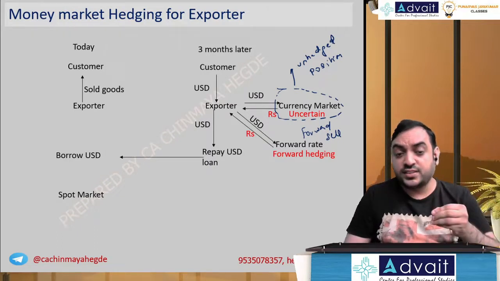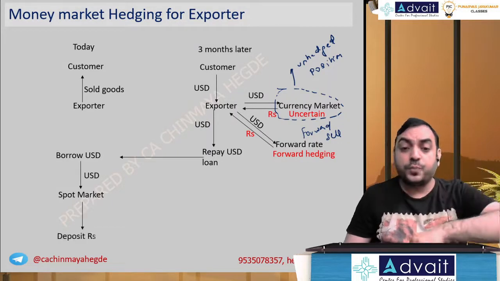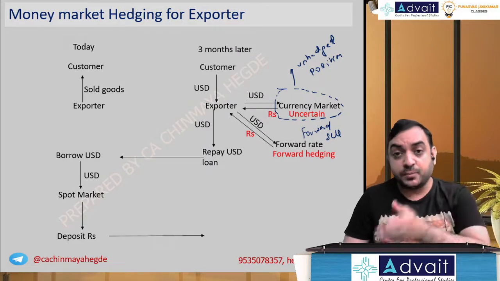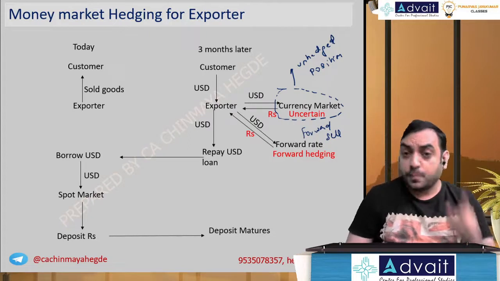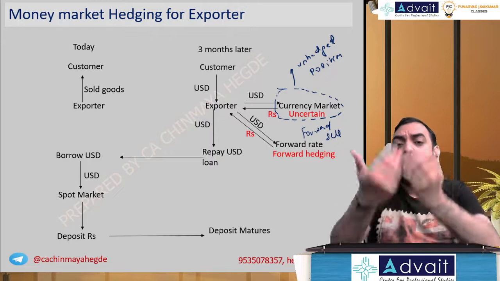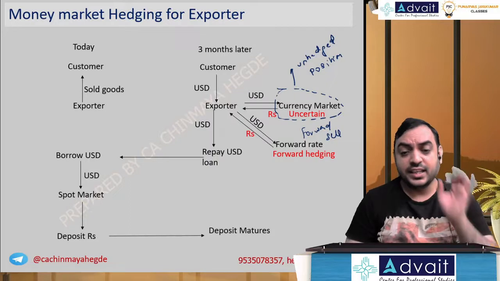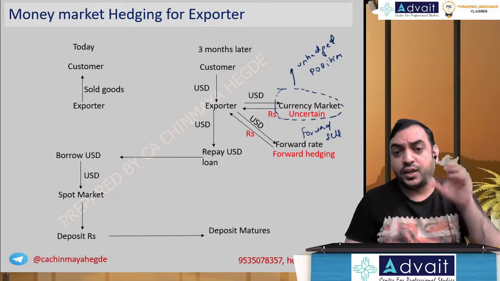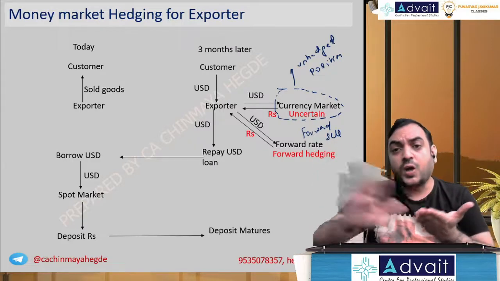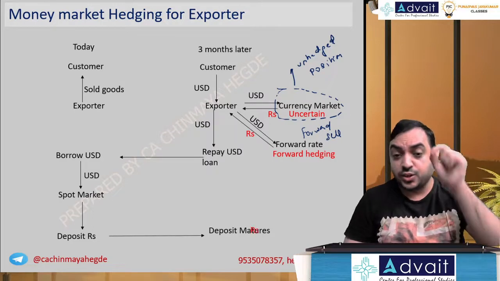So you borrow USD, you convert in the spot market to rupees and deposit rupees. And on maturity, after 3 months, this deposit matures. Borrowing you have to repay. No need to worry about the borrowing repayment. Why? The dollar comes from the customer, give it to the bank. That's all. That is, the borrowing will be repaid. So the US dollar comes from the customer, you repay the dollar loan to the bank, dollar loan and dollar asset set off. It's closed. But the rupee deposit will come. That is your effective